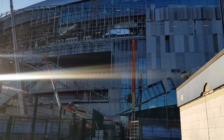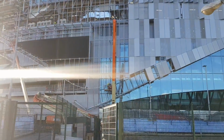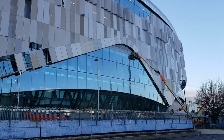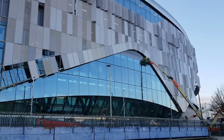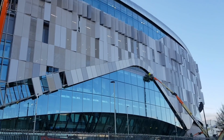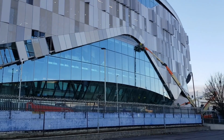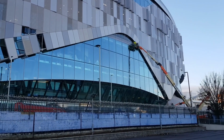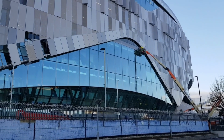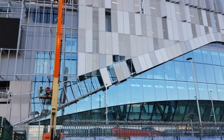So I've now walked round, and this is the front of the East Stand. As you can see, it is very similar to the other side of the West. So look at that, what a difference 12 days makes. On the right hand side, that's where I was standing a minute ago, and you can see how many panels they've been installing. They've certainly done half of it,